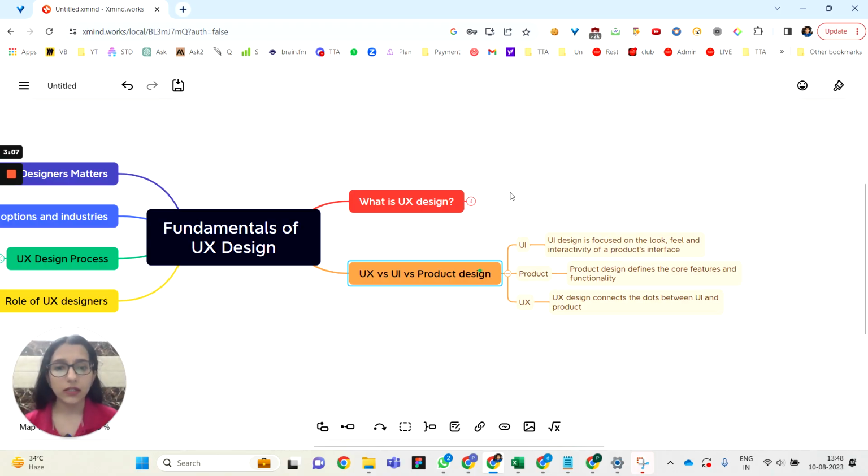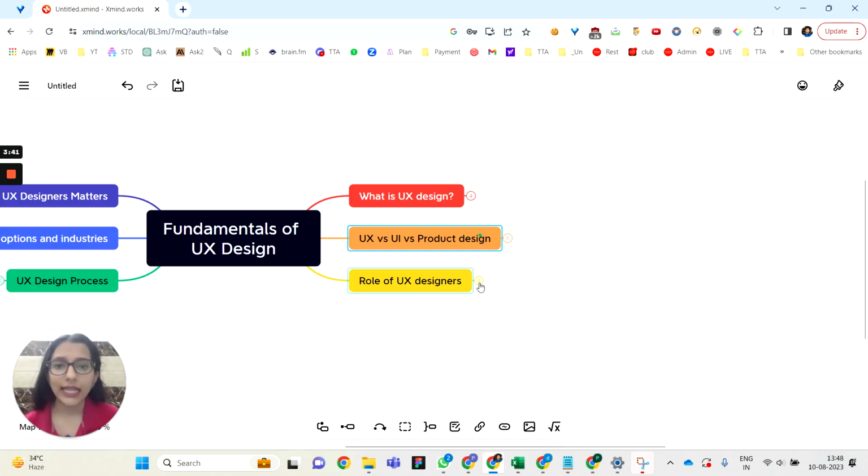UX or UI designers. So basically the UX designer actually connects the product designer and the UI designer. So the product designer tells about the functionality, the core features that come up. The UX designer researches on it, creates wireframes and all these things, and then on the basis of final wireframes the UI designer just makes them colorful, like a painter kind of thing, if you can say. So